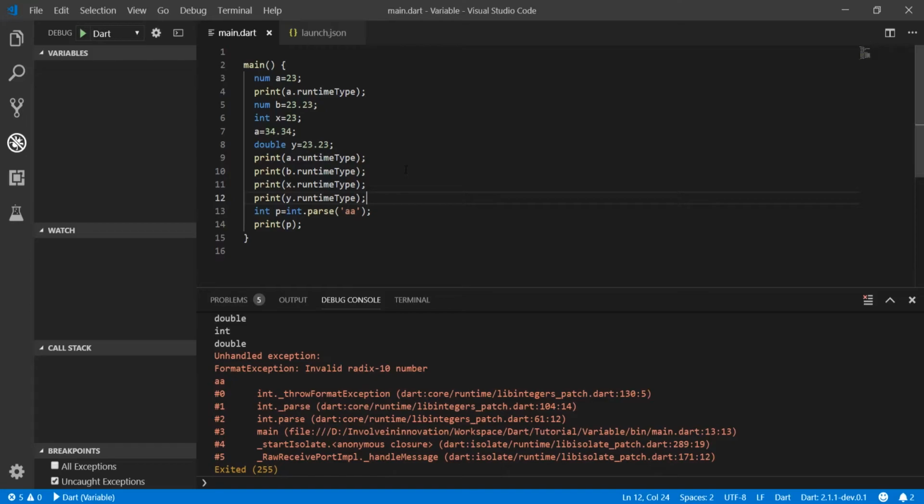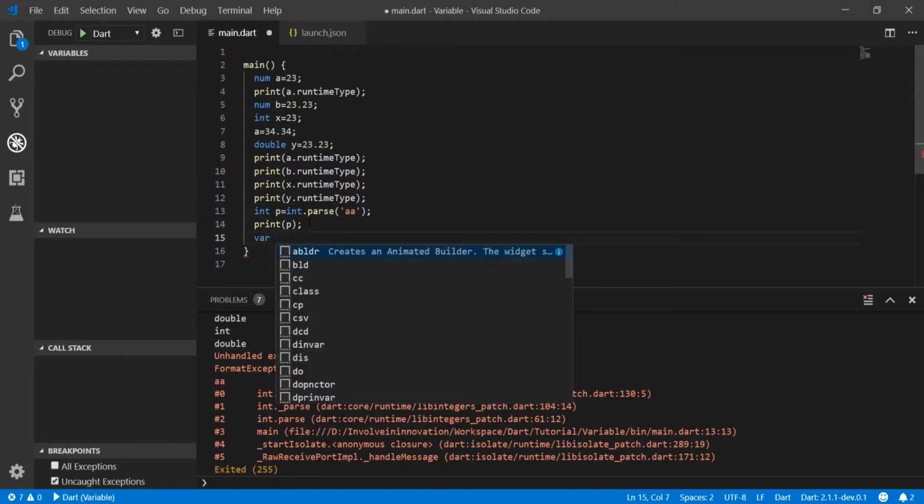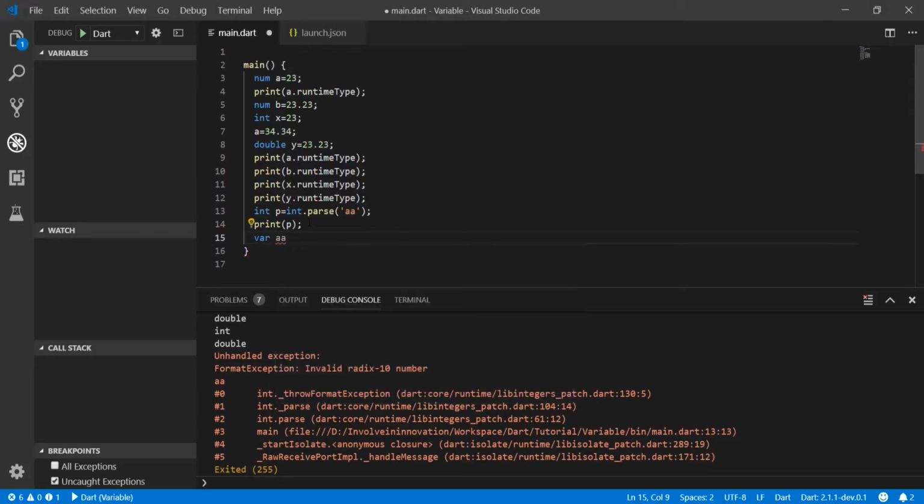in our forthcoming tutorials. And there is another data type which takes integer or whatever it is. It can take string, integer or any data type. That is very generic to Dart. The data type is var. For example, if I assign var AA and 23, this 23 will be now recognized as int.